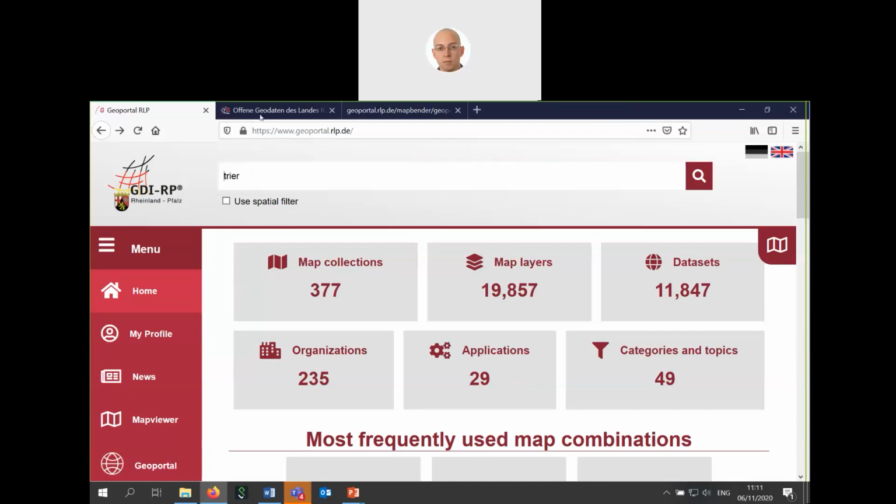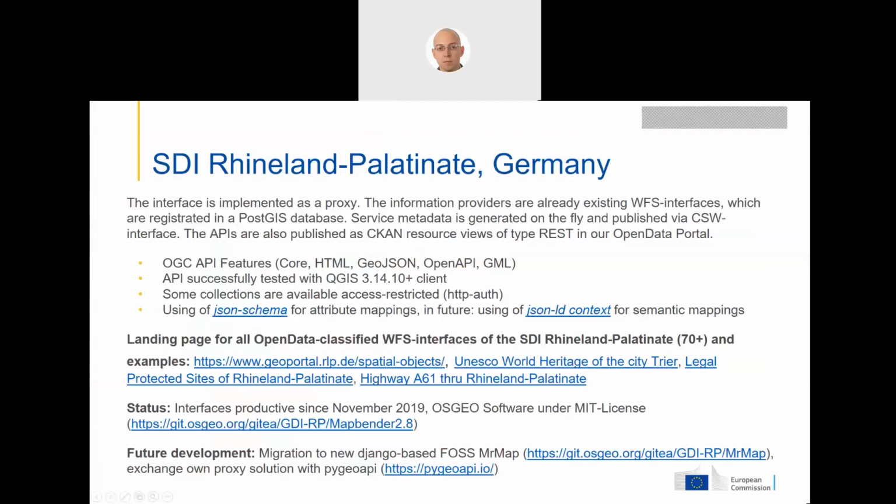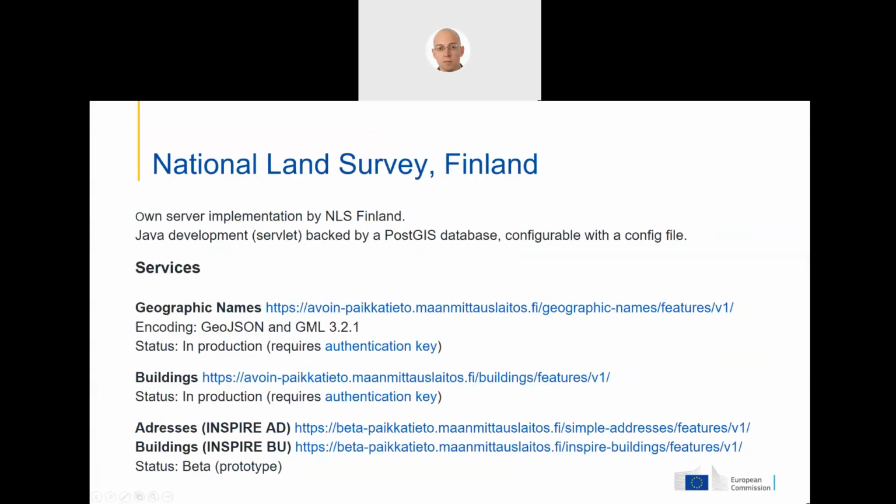Thank you. Now, I will share again very quickly the slides, and then we will go to our next presenter, who will be Jari Reni from the National Land Survey of Finland. Jari has been deeply involved in writing the specification from the very beginning, and also has the implementation that he will present to us today. So Jari, please, the floor is yours. Thank you, Alex.